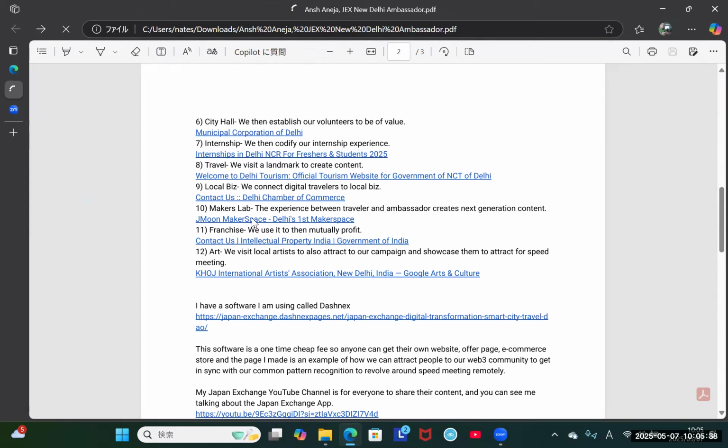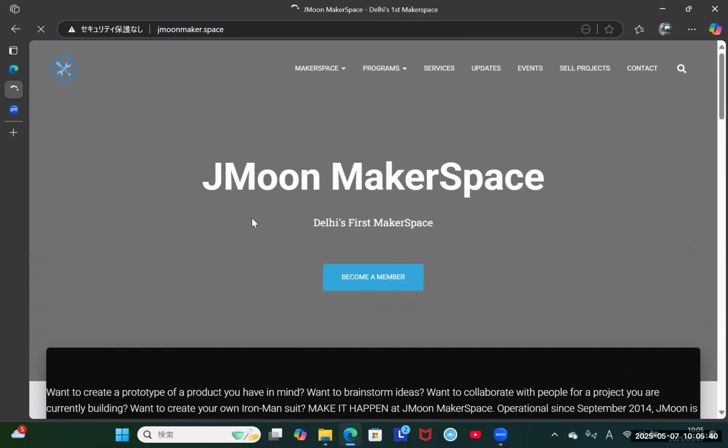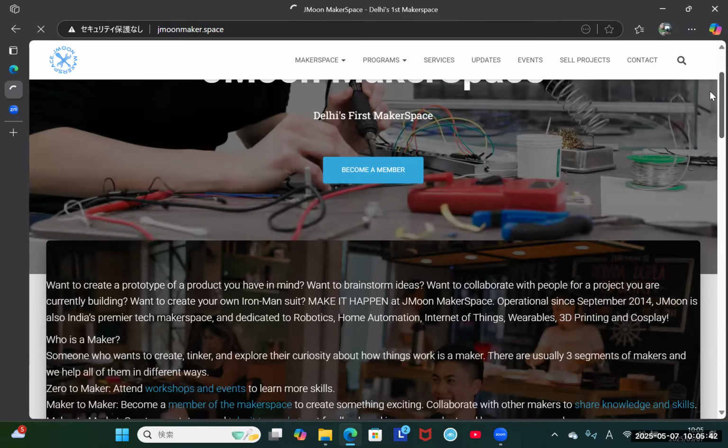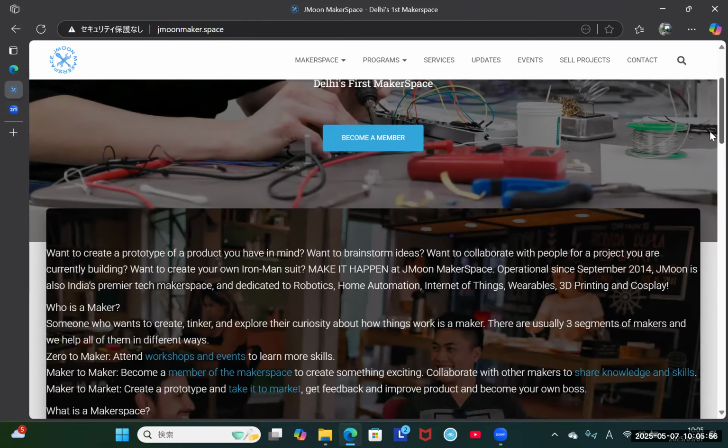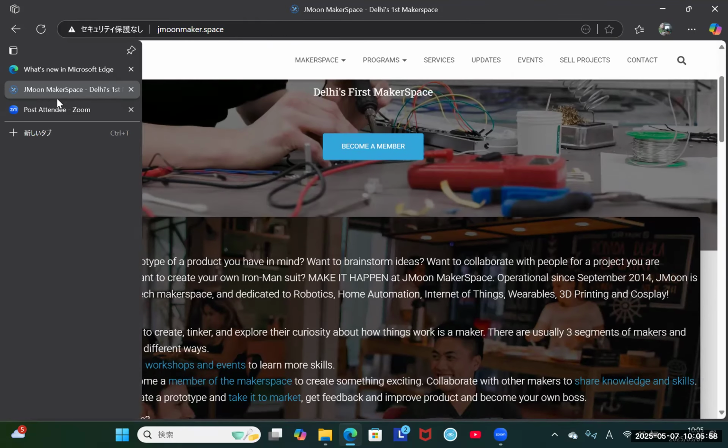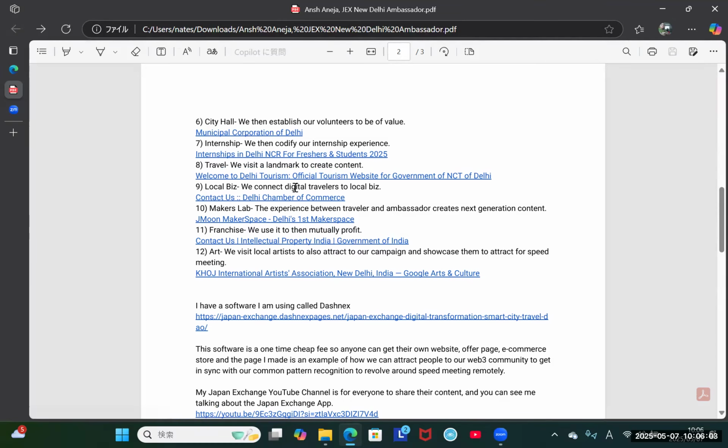And who can benefit from this? We have the maker labs, which are places where we bring Japanese engineers and Indian engineers together. We bring them to these maker spaces. We're also being members and filling their spaces, because they're a business trying to get people to come, and they become part of our user experience, as we unite all the businesses in the community going step by step.